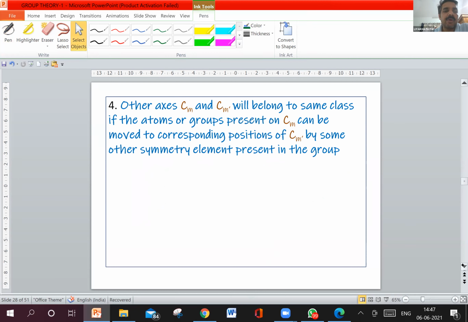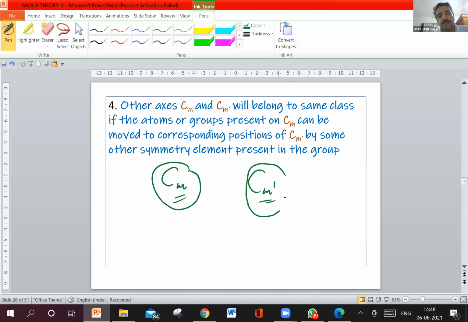And the fourth rule is other Cm axes and Cm dash axes. Cm and Cm dash axes belong to the same class if all the atoms or groups present in Cm can be moved to the corresponding Cm dash by some other symmetry elements present in the group. Okay, for example, if we consider